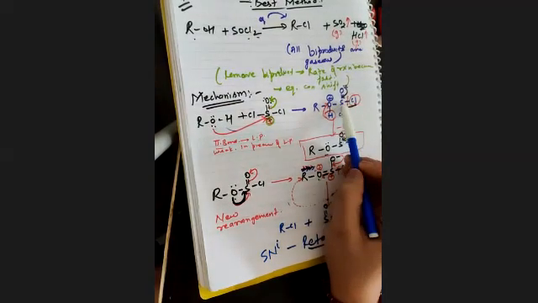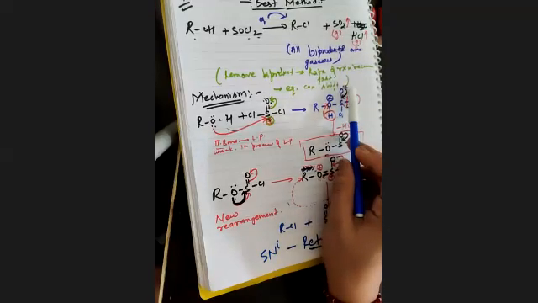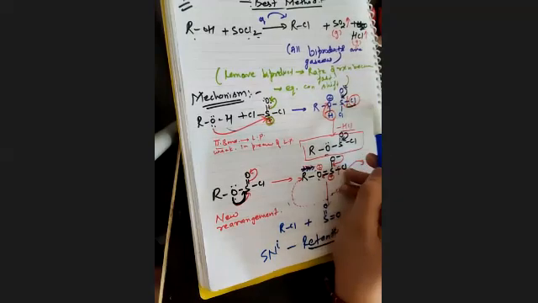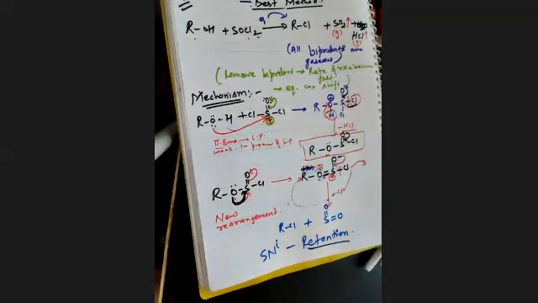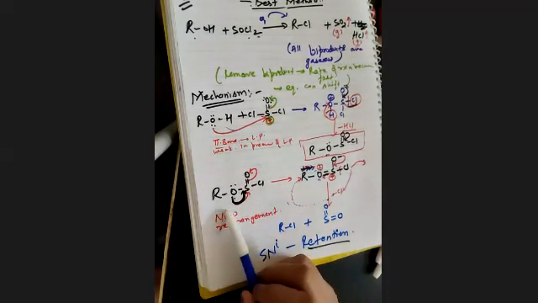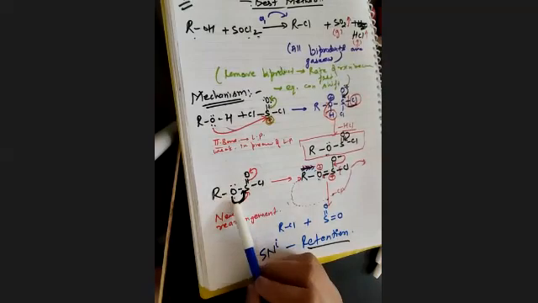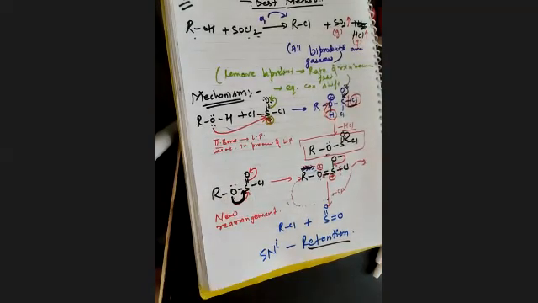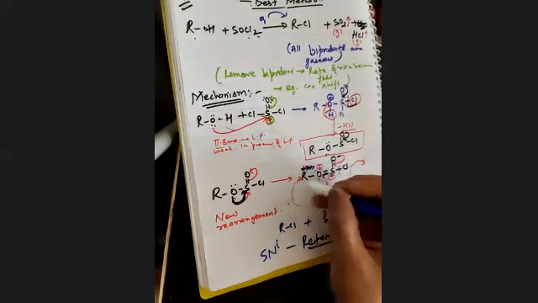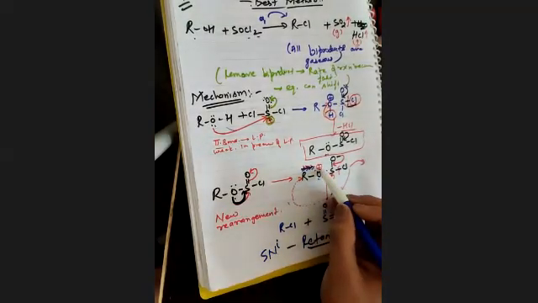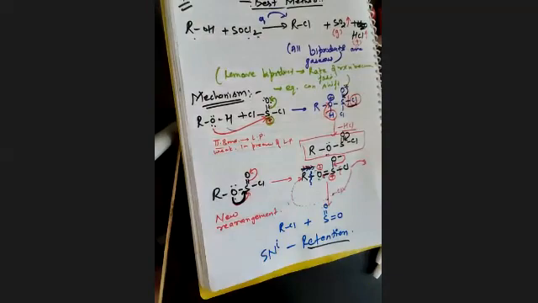Oxygen after that, since now it has an extra electron and oxygen is also not stable with a single bond, so for stability, Cl is removed and this lone pair of electrons will come to the sulfur again. The oxygen double bond will be there. So this compound will be established. HCl is removed. In the next conversion, what happened? Same, oxygen again donates its electron to the sulfur. And since it gets a positive charge, it starts extracting electron from the alkyl group, and the alkyl group will be removed after donating its electron to oxygen.